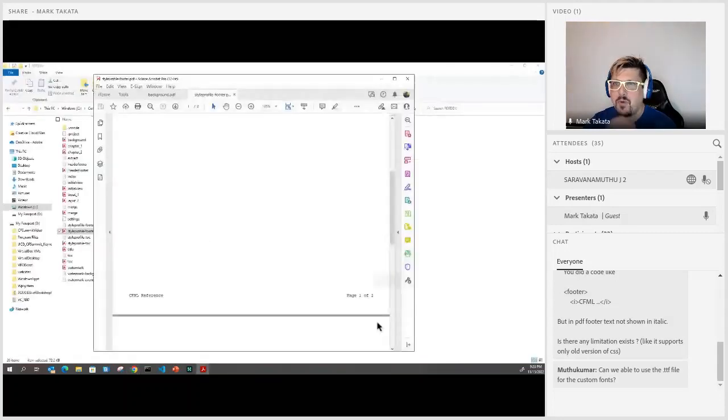Okay, anyway, right. Are we able to use the TTF file for the custom fonts? Yeah, I don't think you can import custom fonts into Lifecycle. I literally don't know enough about that. Again, if you were able to do that, you would probably have to use it in both. Like you'd have to import the file into